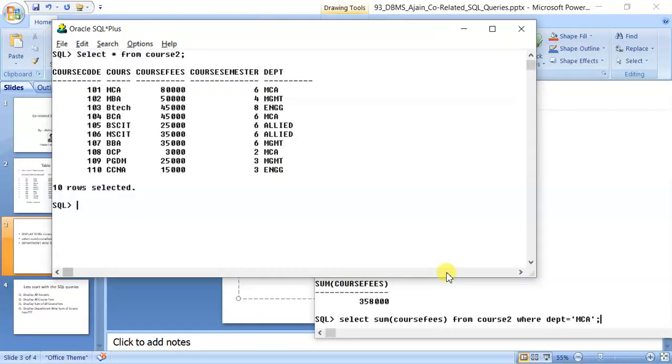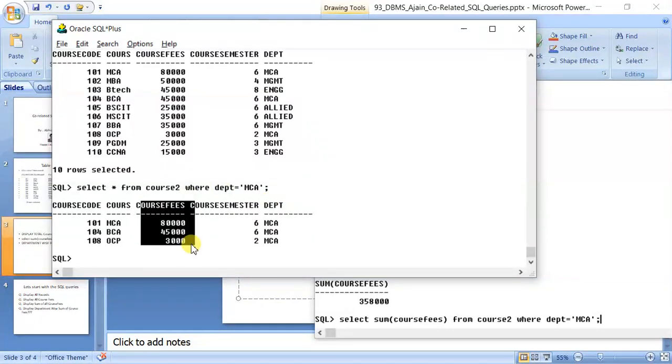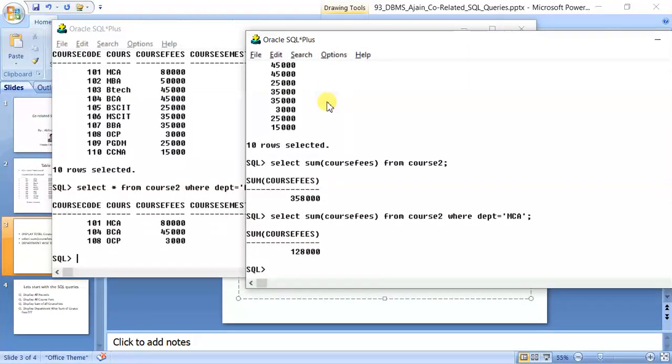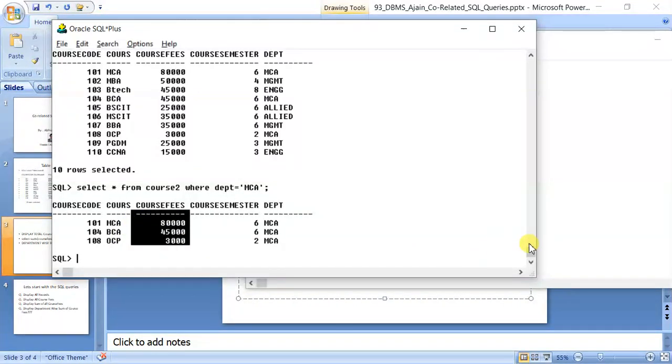It is something like select star from course 2 where DPT is equal to MCA. So in RAM, these three records will be loaded, and on them this sum will be applied. Let us see what will happen. This answer has come, 128. You can see it here.